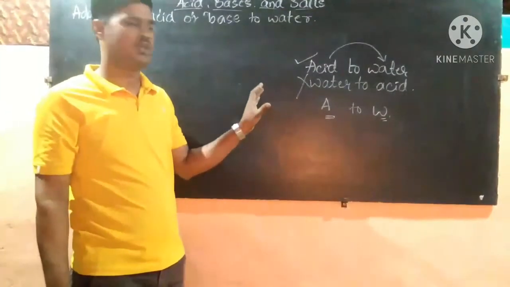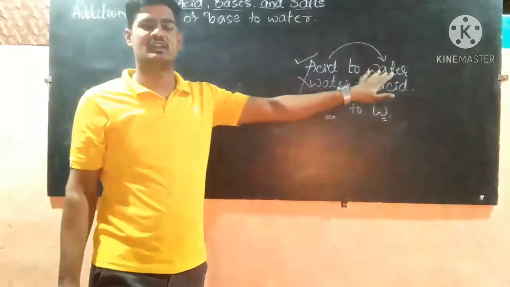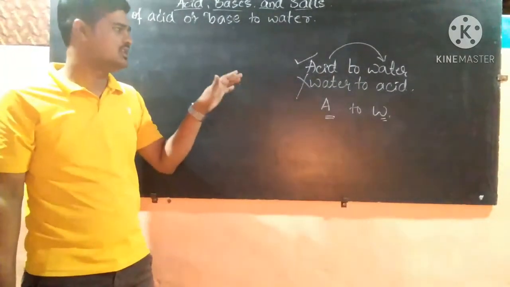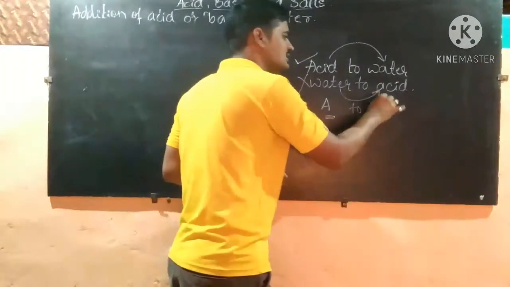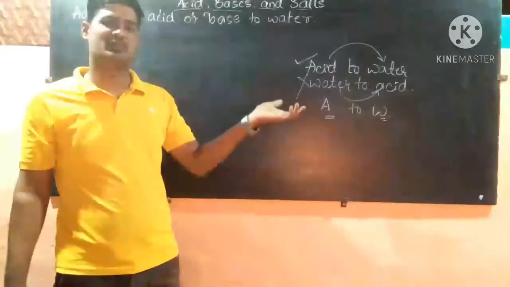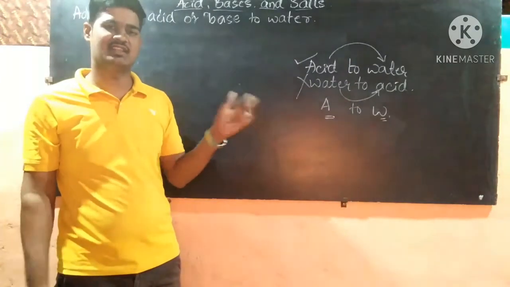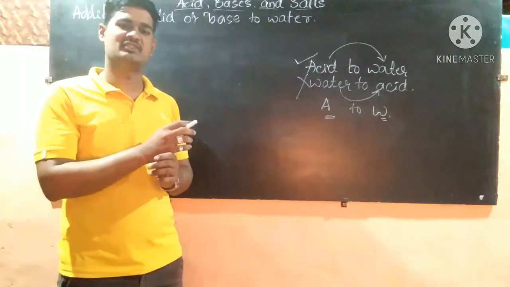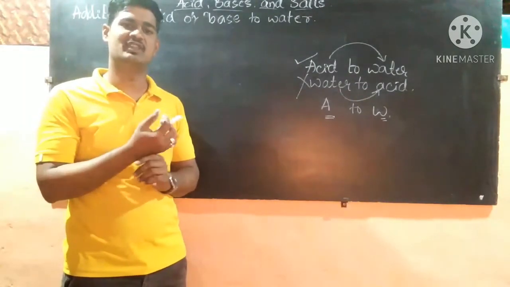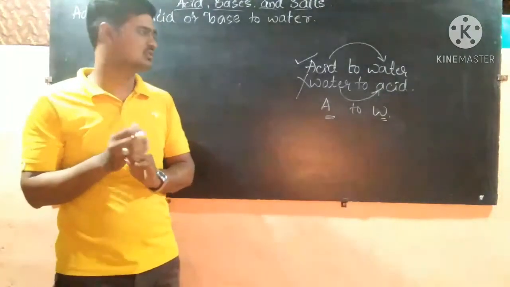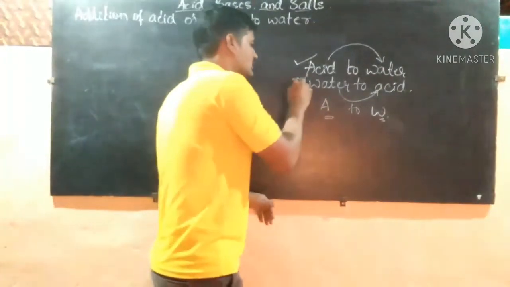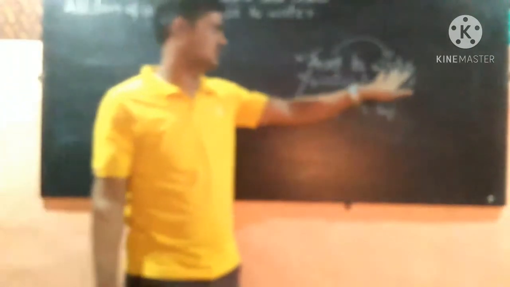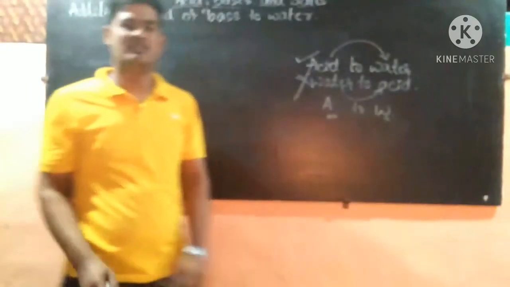It is because when we add the acid to water, it is highly exothermic in nature. This reaction is very exothermic. If we add the water to acid, then it will produce more amount of heat. As a result, that solution may splash out from the beaker, and sometimes the beaker may also break, and it may lead to injury to that person. So to reduce this injury, we have to always add the acid to water, not the water to acid. We have to remember this point.